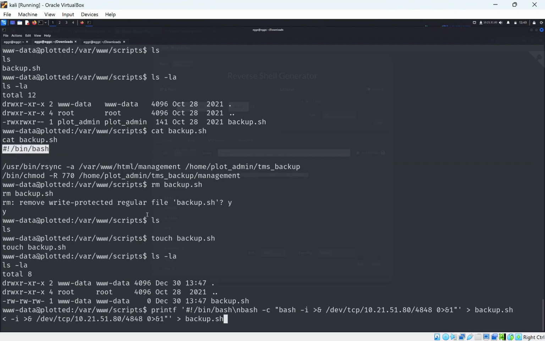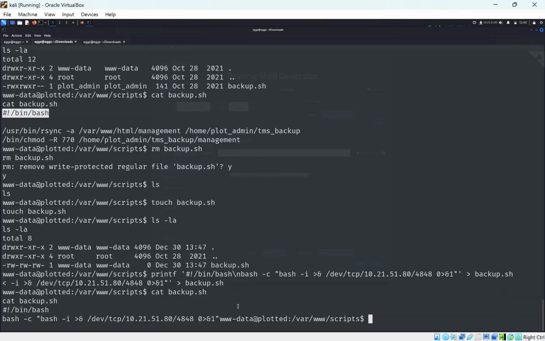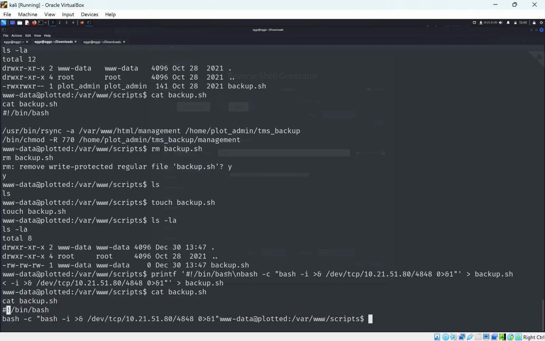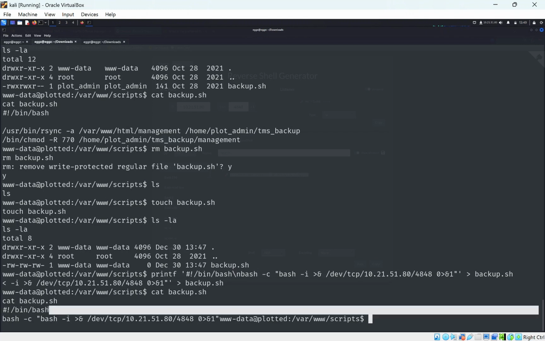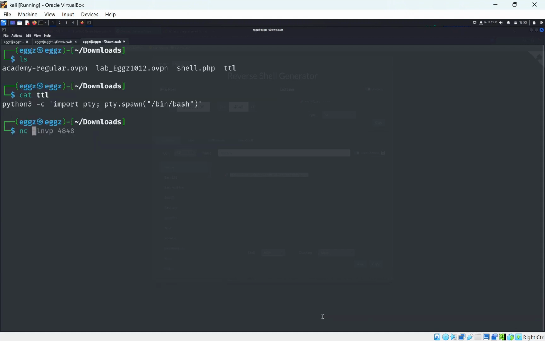So let's save this, and let's cat back up.sh, and we can see we created a backup.sh. As we can see, this has created a new line here, and the shebang is pretty much telling the system this is a bash, run this as a /bin/bash, and we're doing -sh to tell the system to run this reverse shell. And now what we need to do is create a netcat listener again on the same port, 4848,